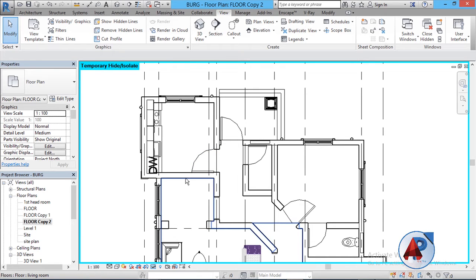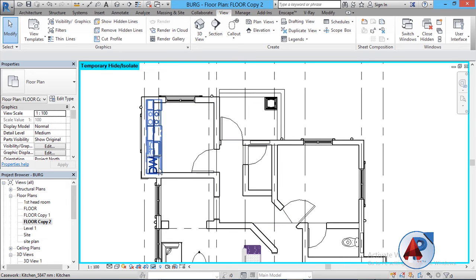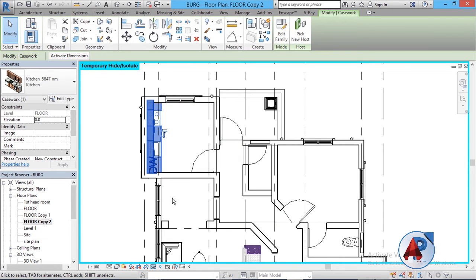Let me show you again. You see, it's giving me the bluish color, that yes, I can make the selection. But if I press my tab again, it will change the direction from this side to this side. Before I can finally make the selection, I need to click on the wall. Without clicking the wall, it's not going to make the selection. So that is how to make the selection. And to deselect what I've selected, I need to click outside the box or click on that side.